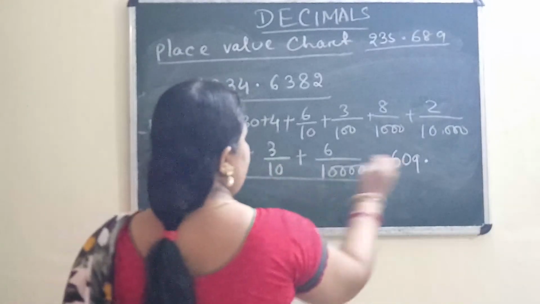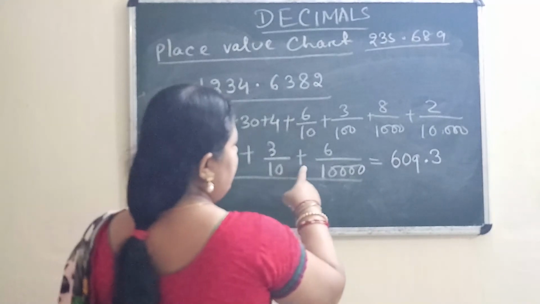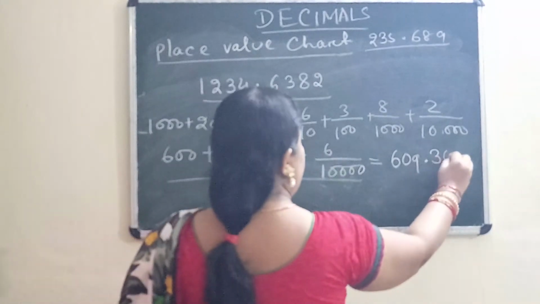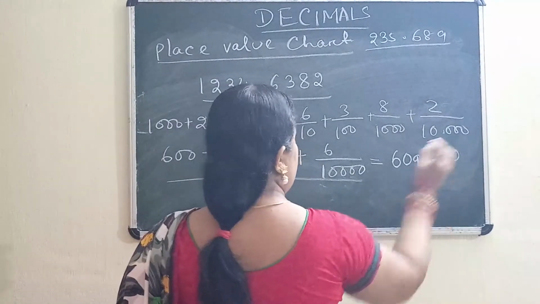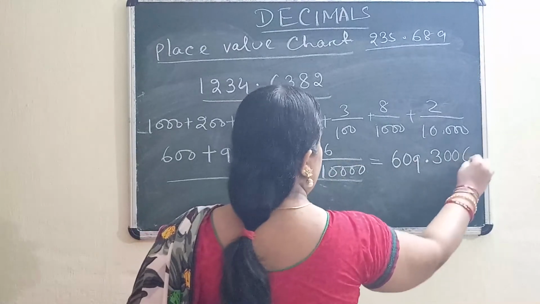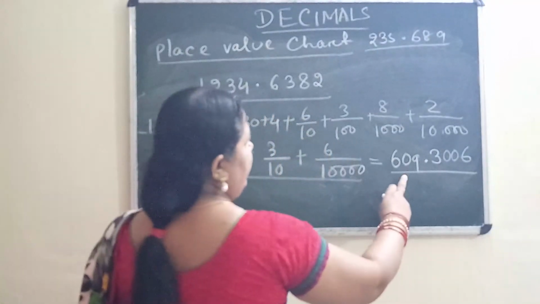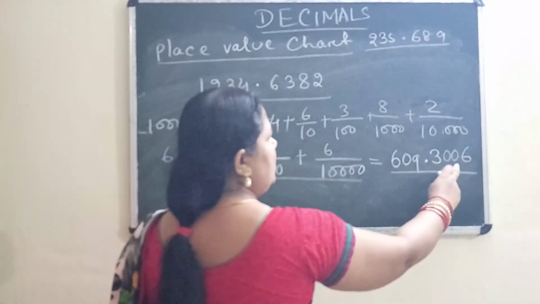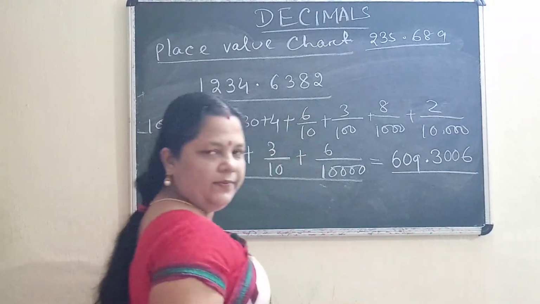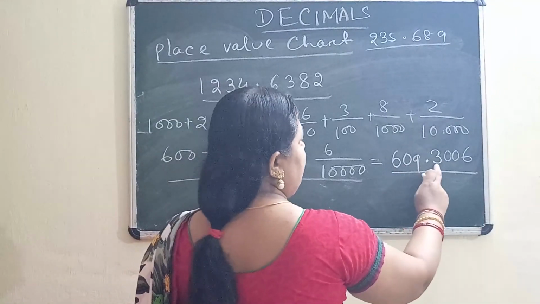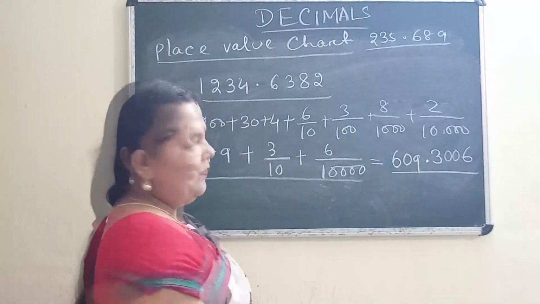Okay. Then the tenths place is present here. Then which place is missing? After tenths, hundredths is coming. The hundredths place is missing, so you will put 0 here. Then the thousandths place is also missing, so another 0. Then 6 by 10,000 means this is the number. What will you read now? 609.3006. This part you will remember, children. Don't read out this one as 3006. You will read 609.3006. Separately you will read out this decimal part.